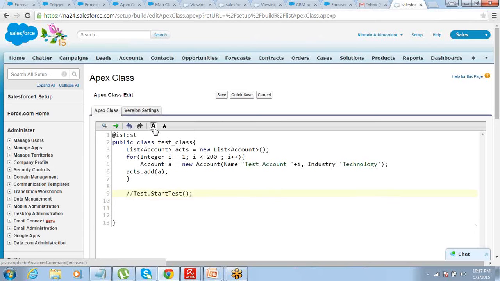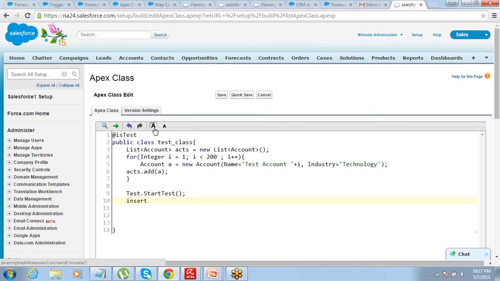What is the advantage of using it? The governor limits get refreshed once you have started the test. Any SOQL queries or anything which I've run here will not be counted, and you will have a fresh set of governor limits. So it's a good habit to start it.